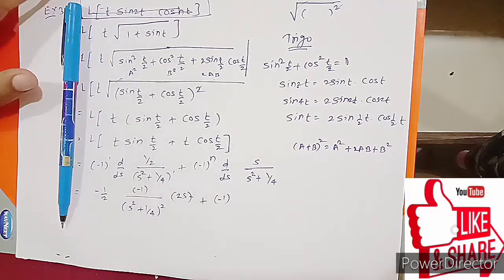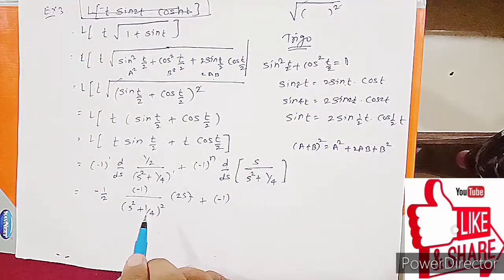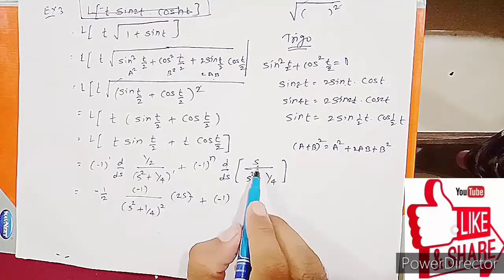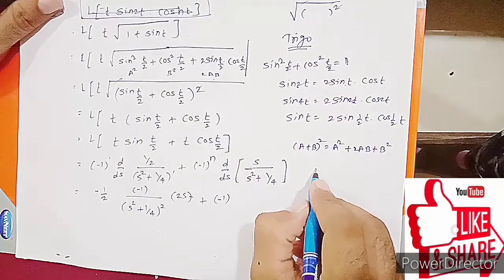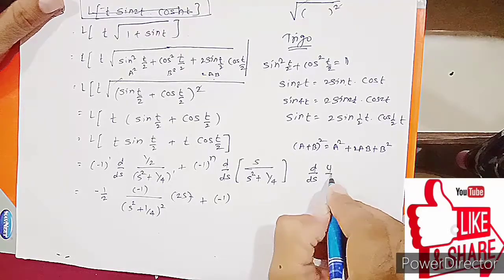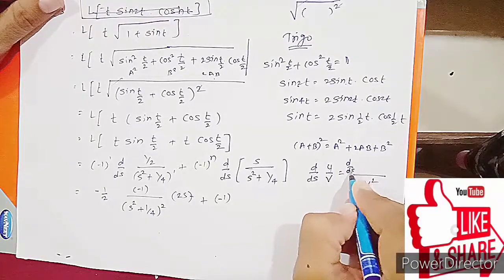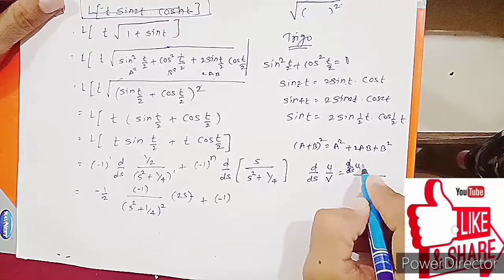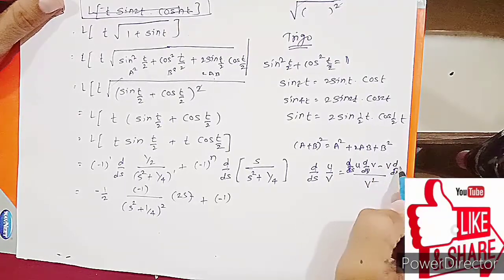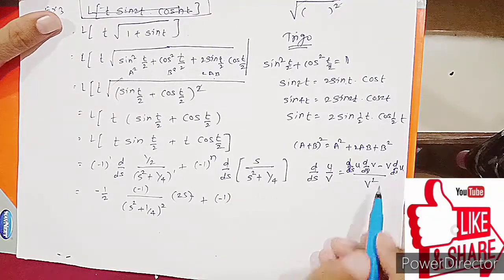Tell me guys, what we do here? Here we can't apply the same formula because यहाँ पे न्यूमरेटर में only constant term is there, here s is there, that's why we should apply here derivative of u upon v. What is the derivative of u upon v? V square in the denominator, u as it is derivative of v minus v as it is derivative of u, right? So we are applying here v derivative of u minus u derivative of v upon v square.